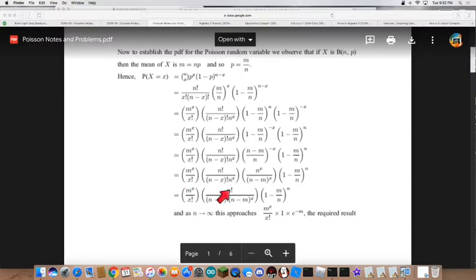At this point, we have this odd expression, but we are now going to allow n to approach infinity. There we can take the e to the negative m that we saw on the previous slide, and we have this part right here, which we said is equal to 1. And so therefore, if we have an infinite number of trials in a binomial distribution, and we can see how the mean got worked in, we have mean to the x, which is the desired number of outcomes, over x factorial times e to the negative m. That is the formula for the Poisson distribution.